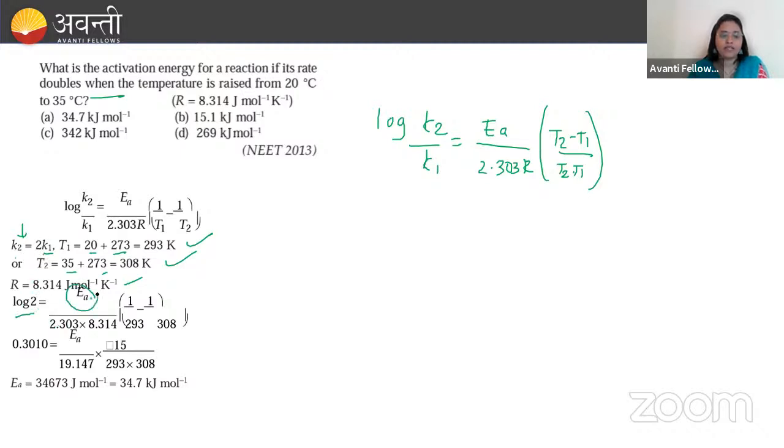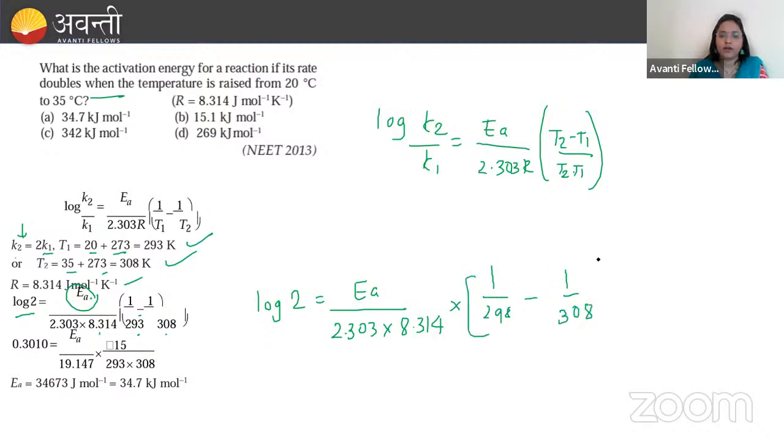log 2 is equal to EA, यहाँ पे वैसे के वैसे आ गया 2.303 into 8.314, 1 upon T1 that is 293 minus 1 upon T2 that is 308। ये थोड़ा अलाइनमेंट बिगड़ गया, लेकिन आप ये देखो यहाँ पे कैसे होगा, log 2 is equal to EA upon 2.303 into 8.314, ओके, into 1 upon T1 क्या है 293 माइनस हमारा T2 क्या है 308। ठीक है, 20 डिग्री और 35 डिग्री डाल दिया है,